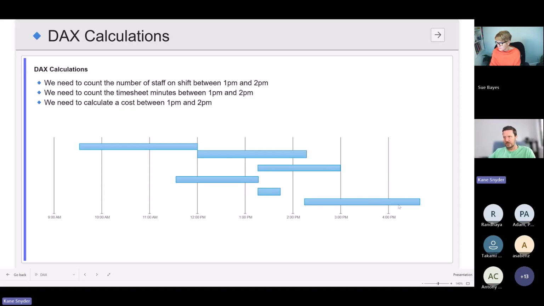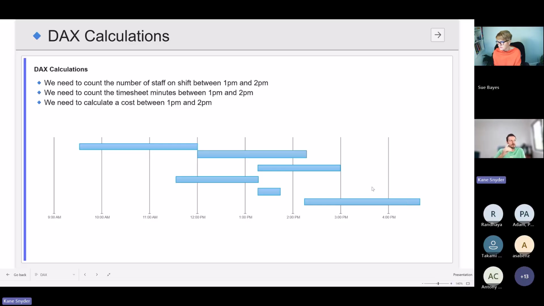There's a really good SQLBI DAX pattern called Events in Progress, which you can check out. But that only does things by date. It looks at orders spanning a number of dates. So it's a little bit different when you get into times, which is why I thought this is a worthwhile session rather than just pointing people at that article. But it's definitely worth checking out that article.